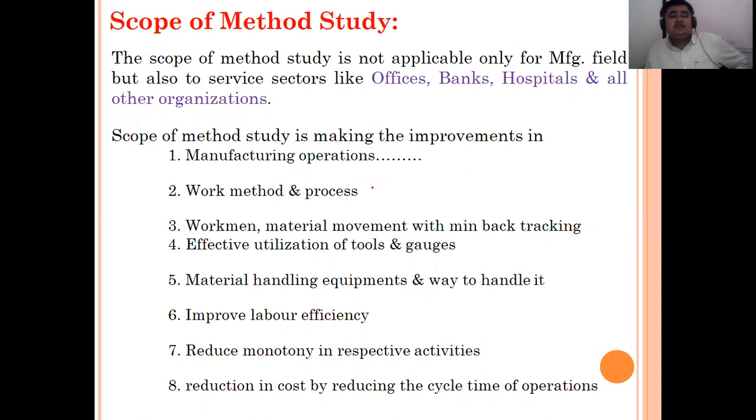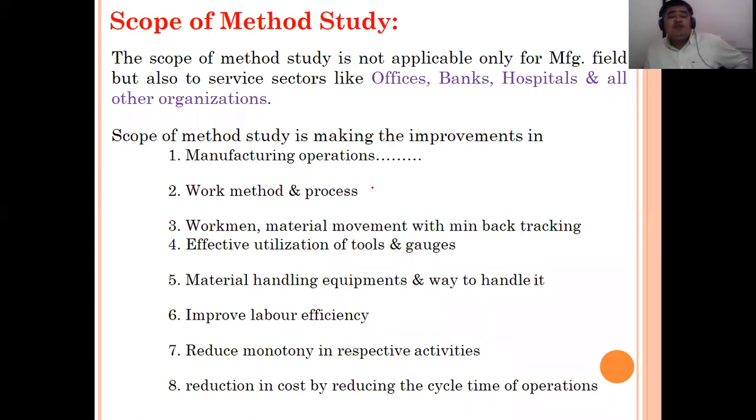Gauges are there, like vernier calipers, micrometers, go/no-go gauges. What you require to check a particular job, what tools you require to check the length, let's say a vernier to check length, diameter, etc. That equipment should be near that machine. That is what we are taking care of here. It is not like we keep the tools or equipment in some locker, and every time go to the locker, come back with the tool, and immediately after checking go back again and put it there. No, it is not like that.